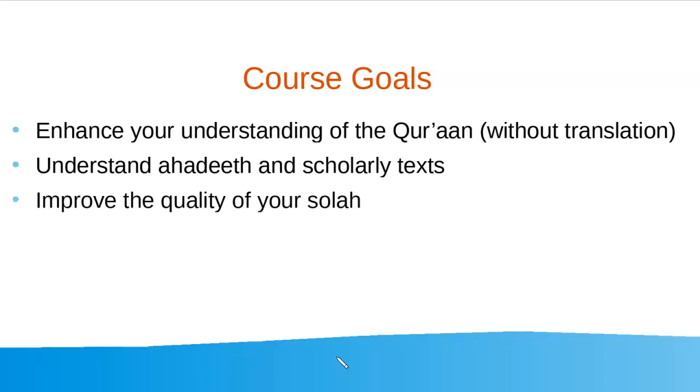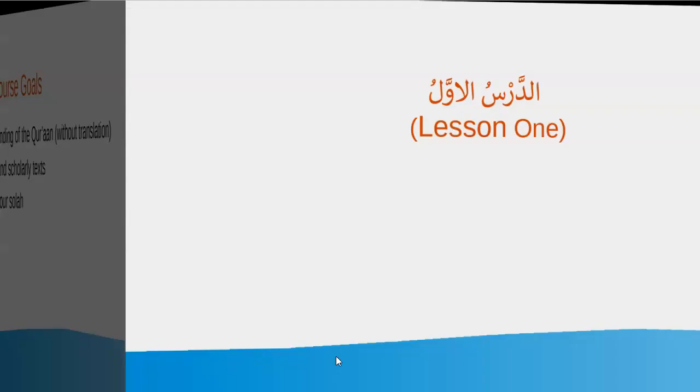So it helps us when we understand the Arabic language to also be able to understand these resources as well, inshallah. And the third goal of this course is to help us improve the quality of our salah. Being the most important obligation on us as Muslims, it's difficult for us to have that solid foundation and khushu' and focus while praying if we don't understand what we are saying, right? So hopefully, inshallah, by the end of this course I will have a firm understanding of the ayats and the verses of the Quran we recite, which will also in turn impact positively on the quality of our salah, inshallah. So with that said, let's get started with the first lesson.